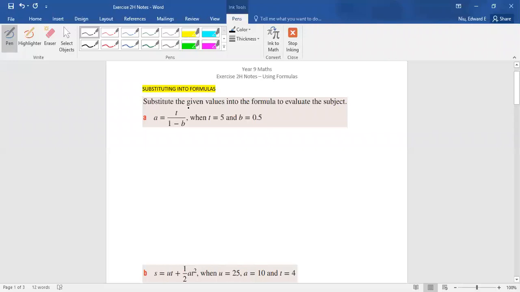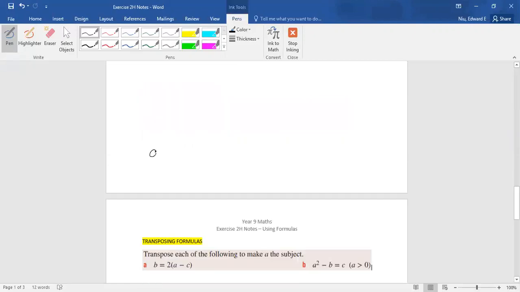What we have here is an equation, A equals T on 1 take away B. They tell us the following information. T is 5, B is 0.5. To evaluate this formula, what we have to do is substitute these values into the equation. So therefore, what we do is we say